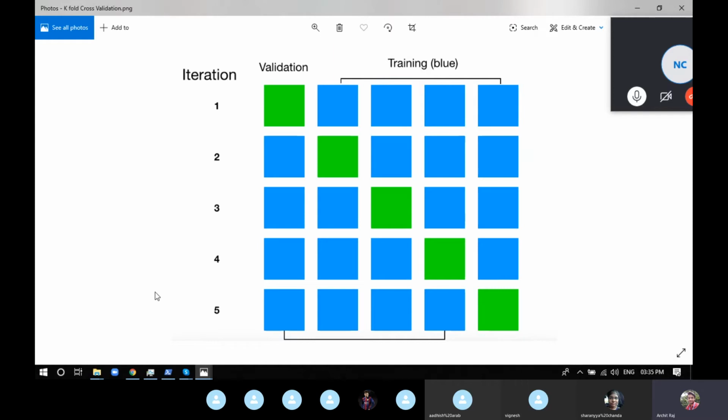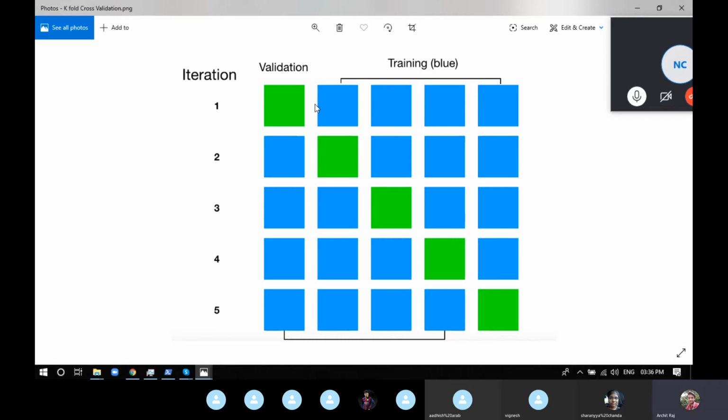So the whole training data is going to be divided into 5 different folds. It means if you have a 100 row data set, it will be divided into 5 folds of 20 each. You can see this is the first fold, second, third, fourth, and fifth. This fold has 20 data points, this has 20, this has 20, this has 20, and this has 20. The whole will be 100, divided into 5 different folds.